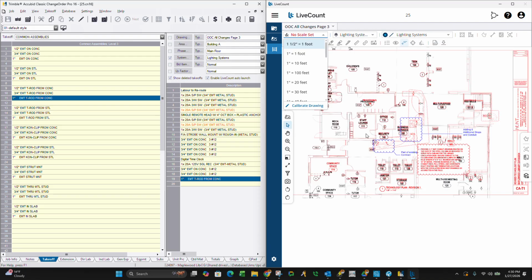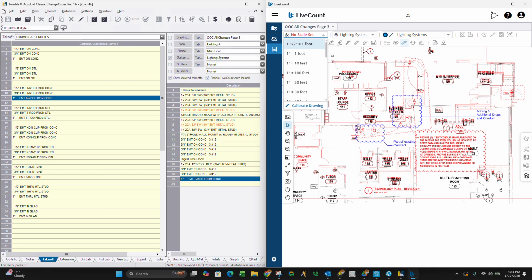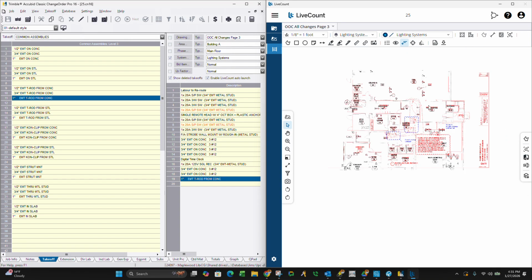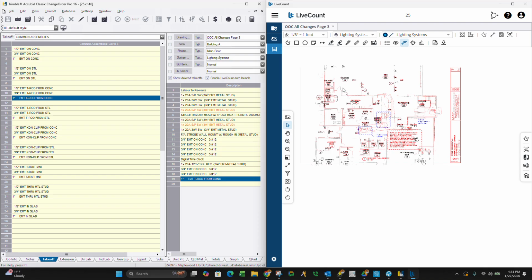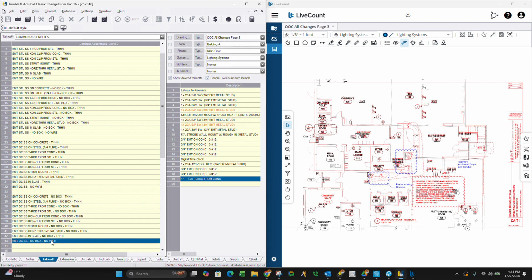Page 3. All right, you can see right here, most of this is part of existing conduit. We've added 6 additional data drops and the conduit. I picked that conduit up on the last one. So we are going to add the additional data drops. The scales have been pretty good on the last one, so I'm not going to redo it. But what we have to do is bring it all the way back into this server room here. So we are going to be adding,